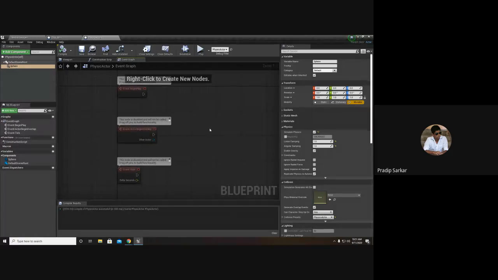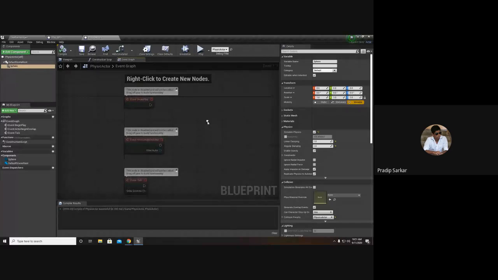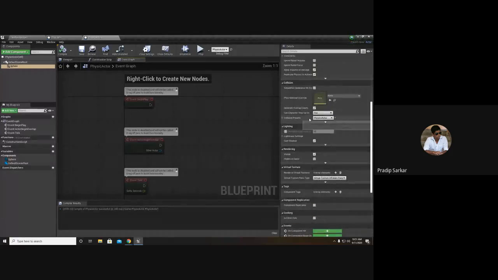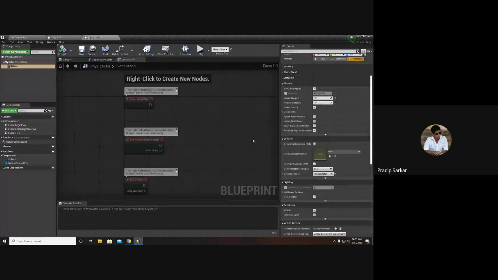So now, for an example, by default, I don't want to turn on the physics.